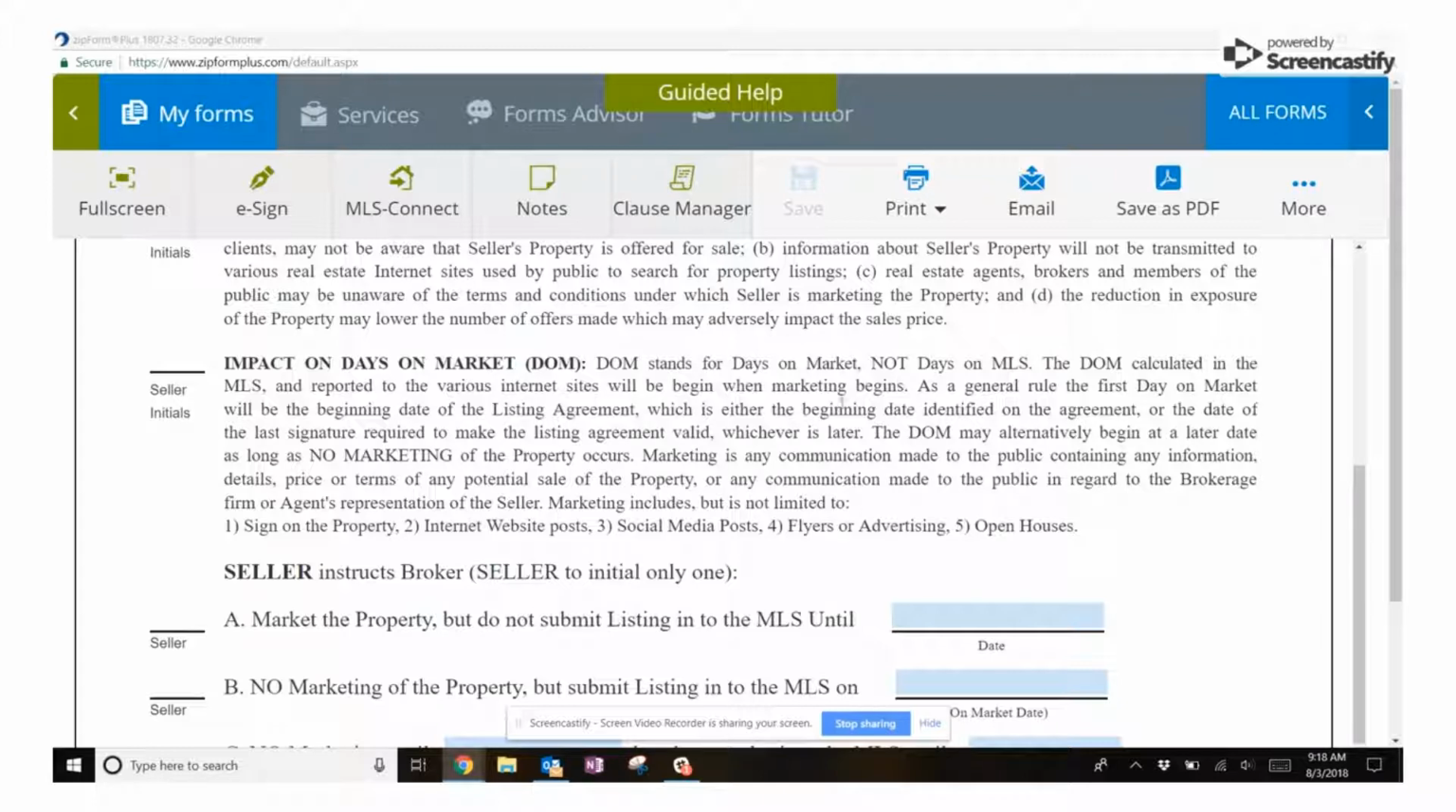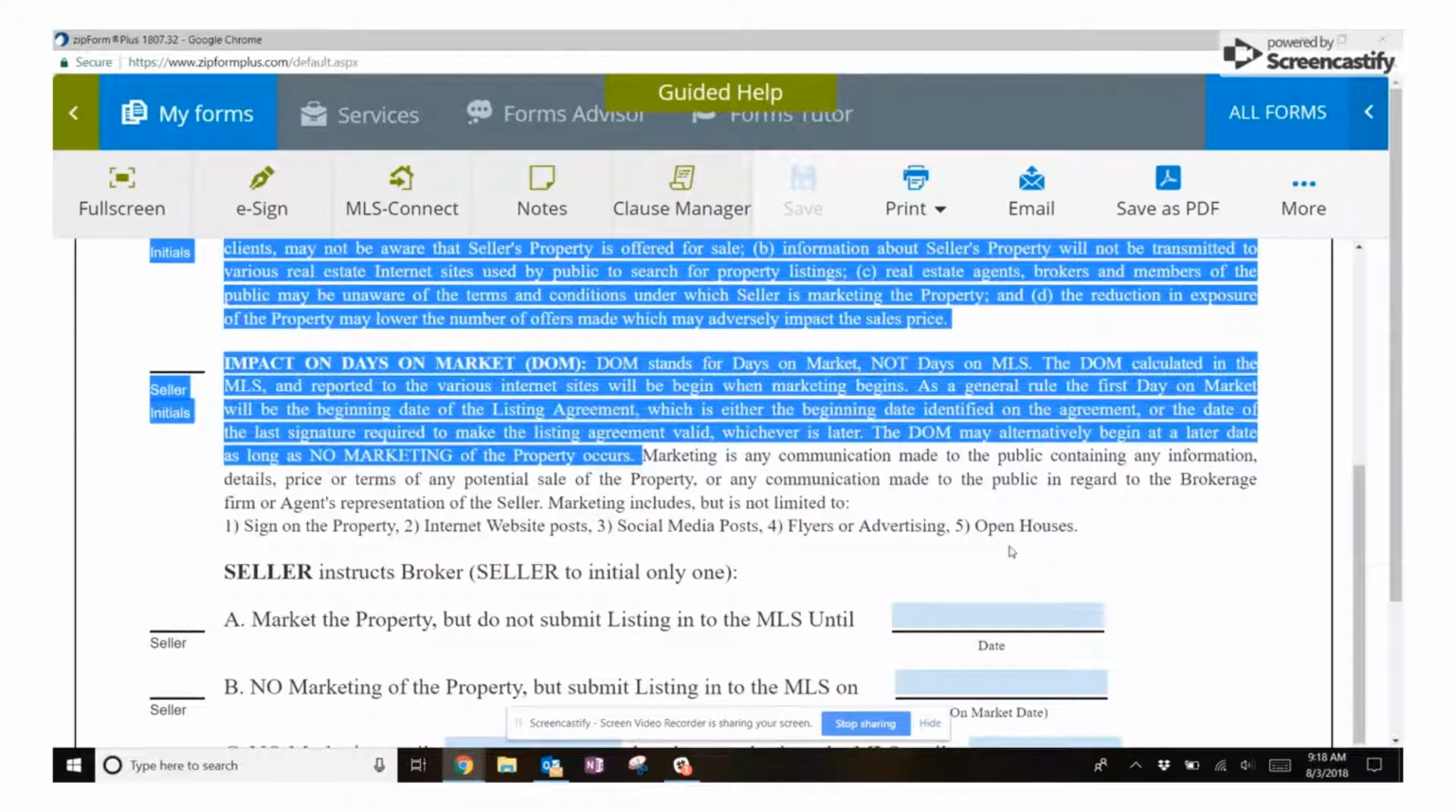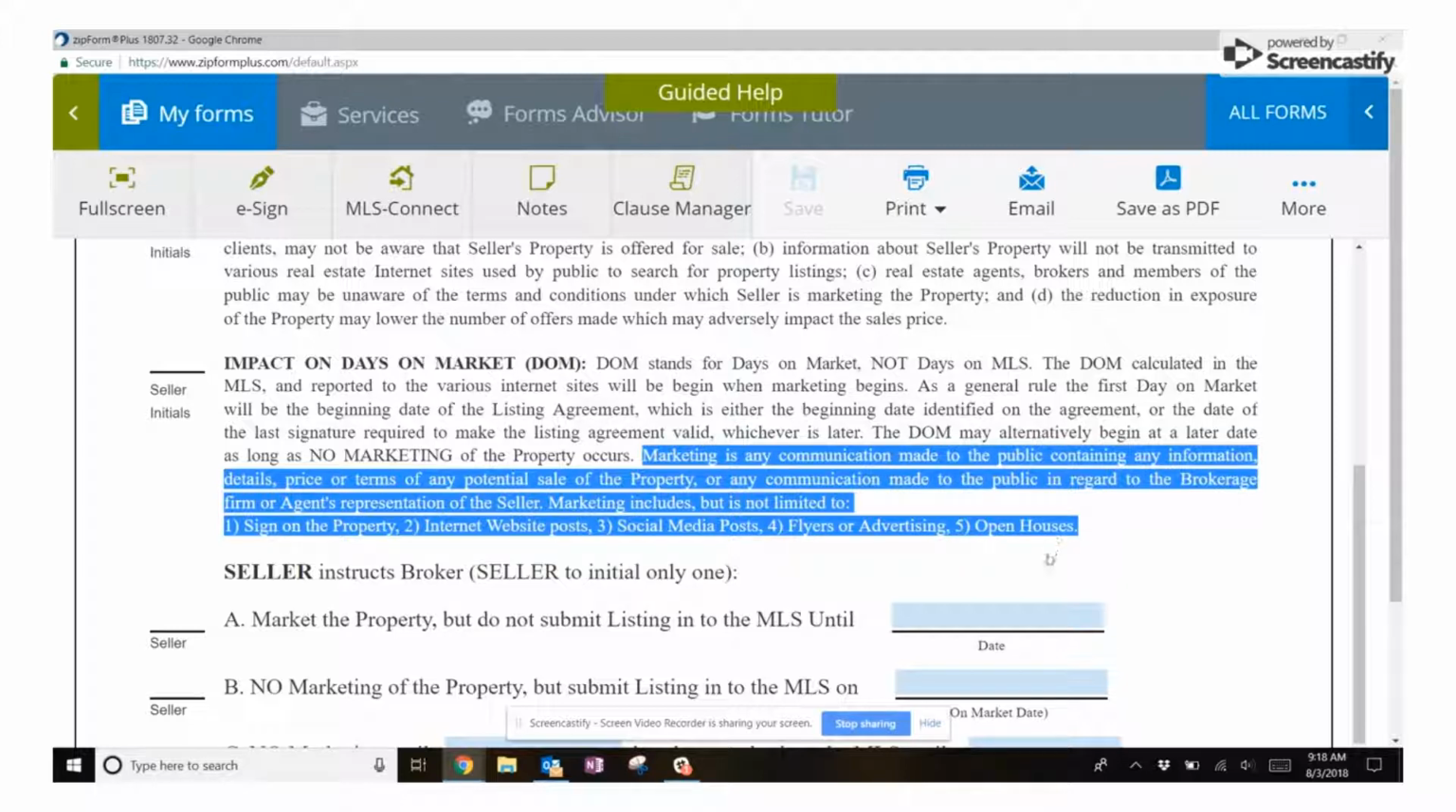Marketing, as defined by CAR and CRMLS, is any communication about a property in any form. Basically, if we are disclosing a property address or a price or any details about a property on any form of media or any advertising, like as an example, we place our for sale sign on the property, that's marketing. We do an internet post like on Craigslist, or maybe we do a direct post to Zillow,